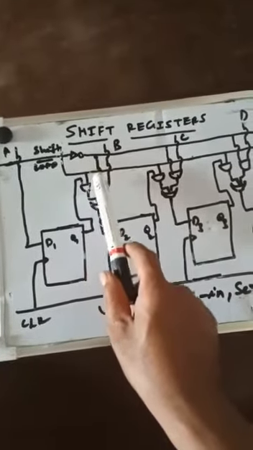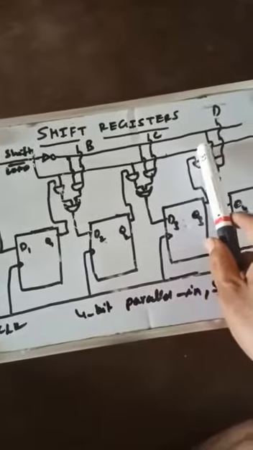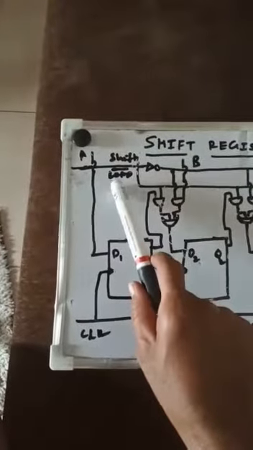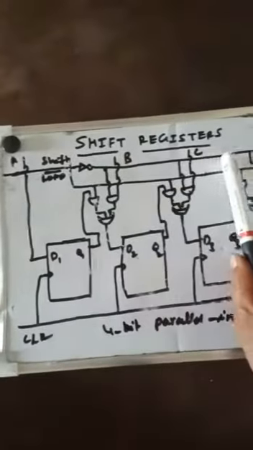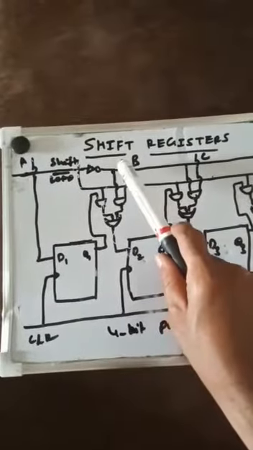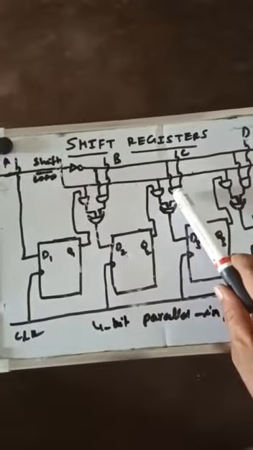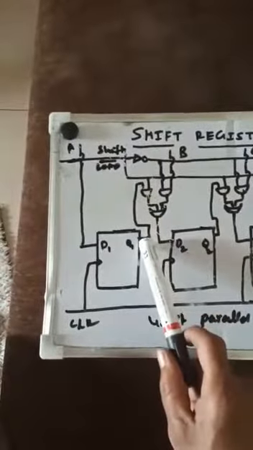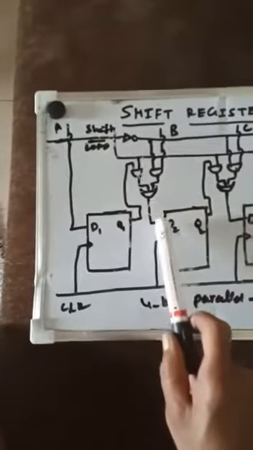This is highlighted, and similarly this is highlighted, and so on. If the load is 0, that means it is activated. That means this top line becomes the active line. From that, this one is connected to this AND gate, and this one is connected to this AND gate, and this one is connected to this one. That means if the shift input is direct, the input that is given is transferred.